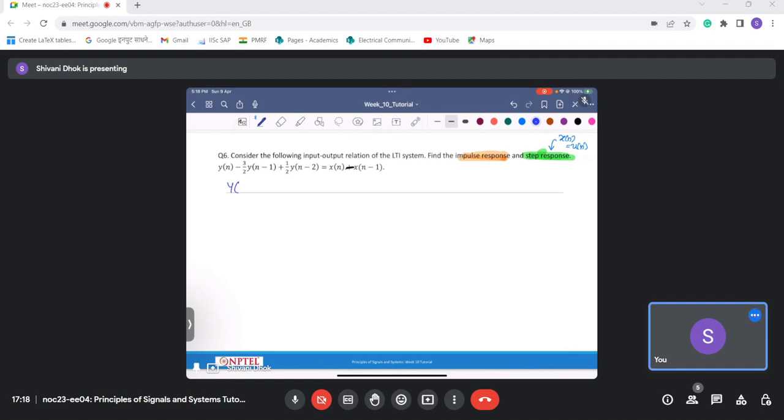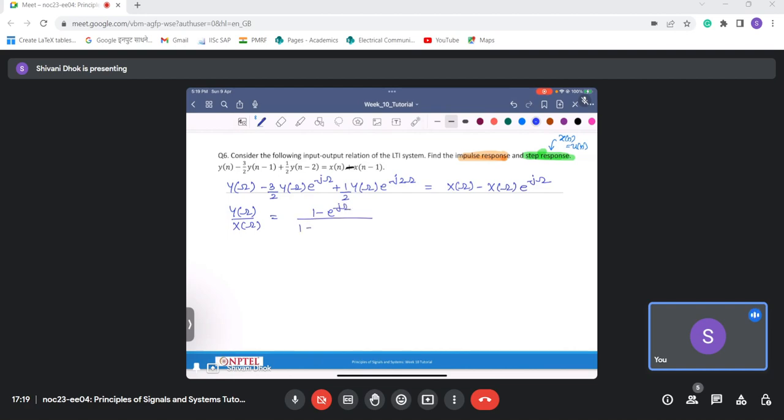So we have y of omega minus 3 by 2 y of omega into e power minus j omega, using the time shift property, plus 1 by 2 y of omega into e power minus j2 omega, which is equal to x of omega minus x of omega into e power minus j omega. This I can write as y of omega upon x of omega, which is equal to 1 minus e power minus j omega